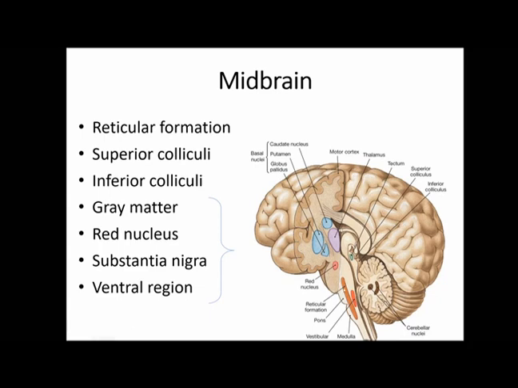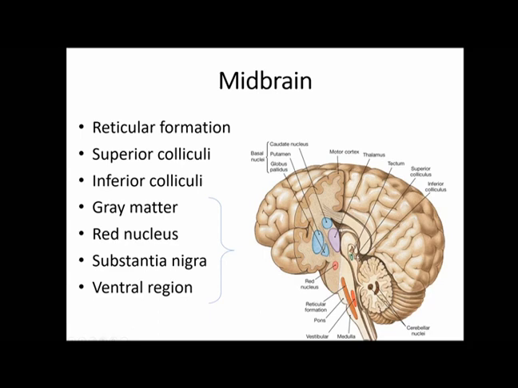I actually picked an image that doesn't have all of the rest of these, which is perfect because the point I'm getting at is the red nucleus and the other 3 are kind of located in this area, and they all have a very, very similar function, and we gloss over them because we're never going to talk about them again. So I'd rather you focus on these 3, our reticular formation, our superior and inferior colliculi,